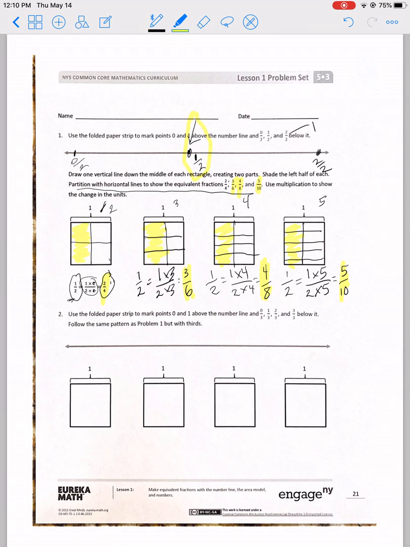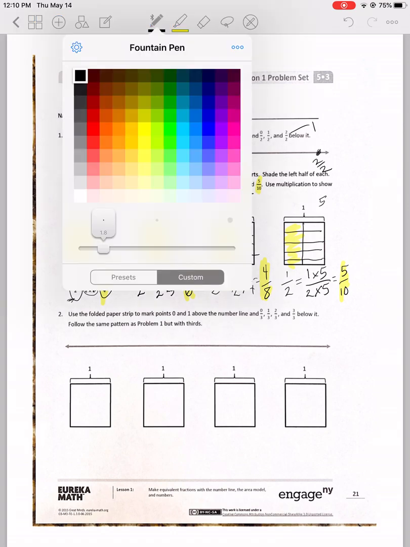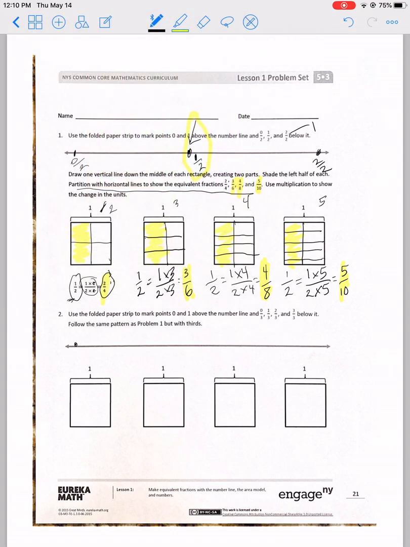Okay, so number 2. Use the folded paper strip to mark points 0 to 1 above the number line and 0/3, 1/3, 2/3, 3/3 below it. Okay, well, this is easy. We just basically put a starting point, right? And that's 0/3,